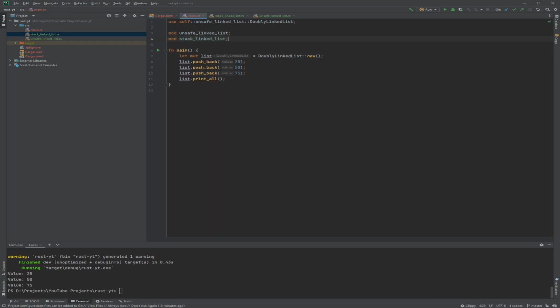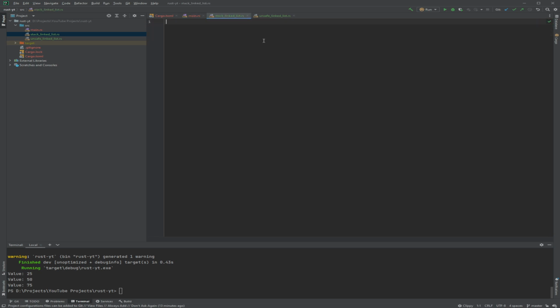So mod stack linked list. I'll just let CLion do the use for me. Anyway, so let's just make this generic, because it was boring to not have generics. So, your node. So this time, whatever I'm currently doing is already interesting, and I'll explain in a second. You're like, what the hell is this? Yeah, it's kind of weird.